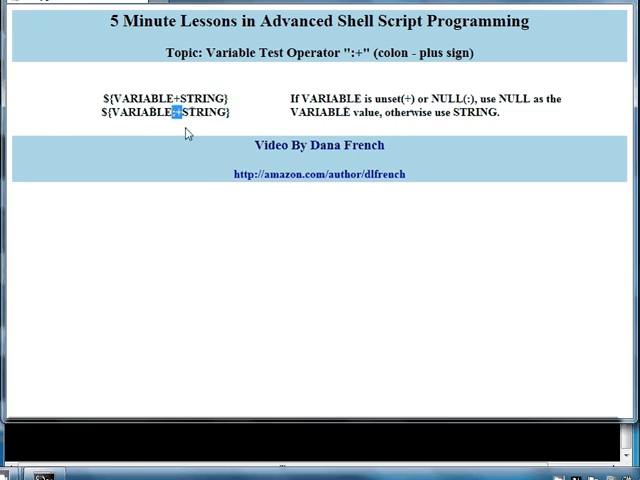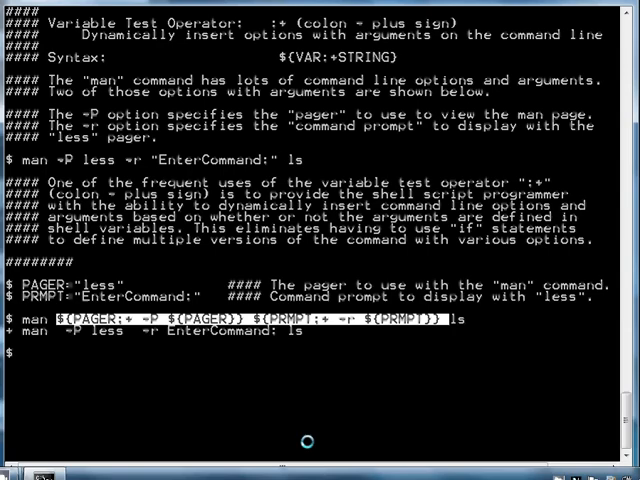So to say this another way, if a variable has a value, it doesn't use it. Instead, it uses the string. So let's see some examples on what that means. In order to illustrate the use of the :+